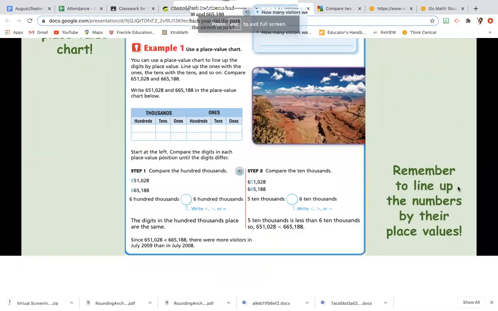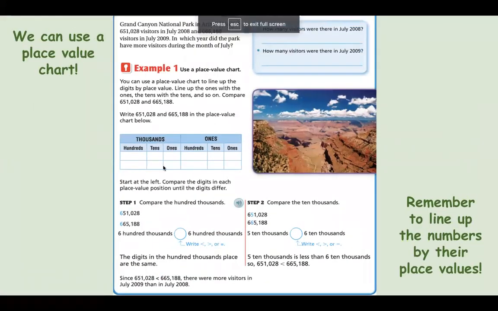All right, so let's jump into the lesson. So one way that we can compare numbers is using a place value chart. And we did that a little bit in our minds while we were playing that game, thinking about place value. So let's read this problem, and then we're going to use place value to help us decide which number is